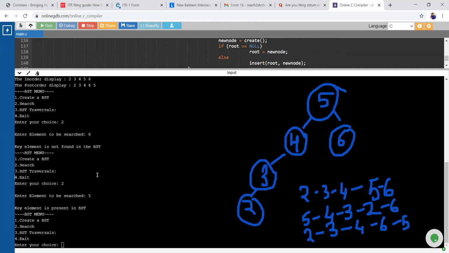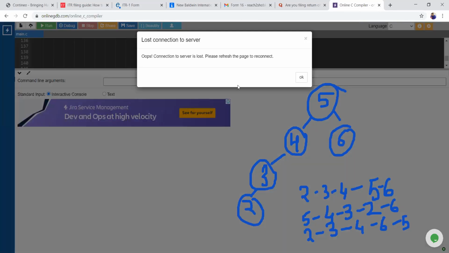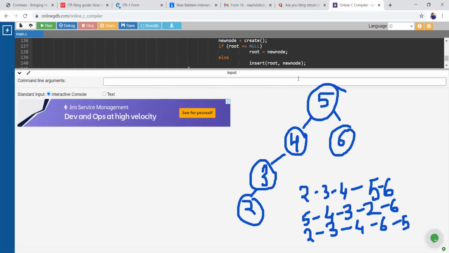Enter 4 to exit. Lost connection. Anyway, so this is all about